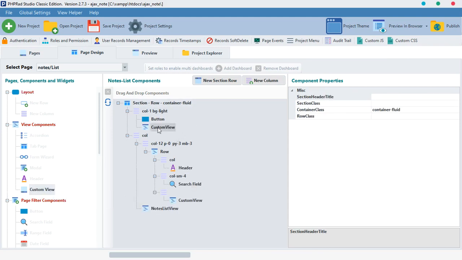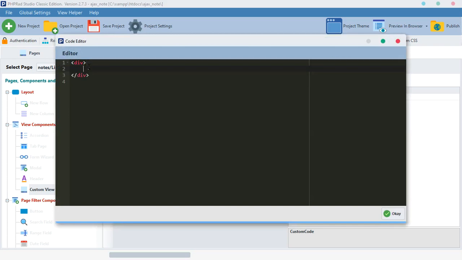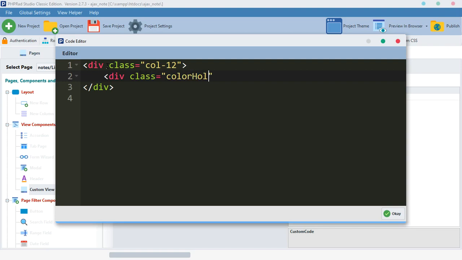But before we take it away, let's first of all create a custom view. All right, like this, I'm going to zoom it for everybody to see. So I believe at this point you can see it. I'm going to type class here, and I'm going to call this thing code 12. Then inside here, I'm going to call div, then class, div flex. Or what can I do? I can say color, I can call it color holder, and inside this color holder, I can now add some